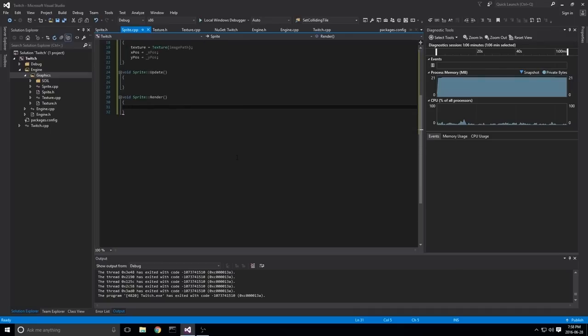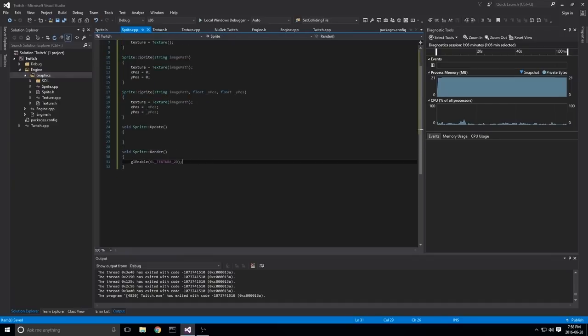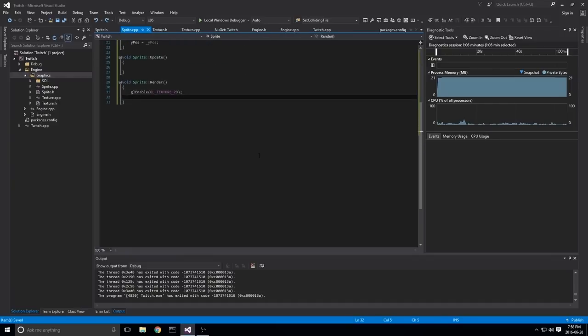Here, the first thing we're going to do is, because we're not really aware or sure of what the state may be like when it comes to OpenGL, because again, it's a state machine, right? If somewhere else in the code I did something that changed the state machine, I can't have any expectations of what that state machine is going to be at when we're actually rendering. So we need to do all sorts of things. First thing we're going to do is glEnable GL_TEXTURE_2D. Okay, so we'll enable our texture 2D.